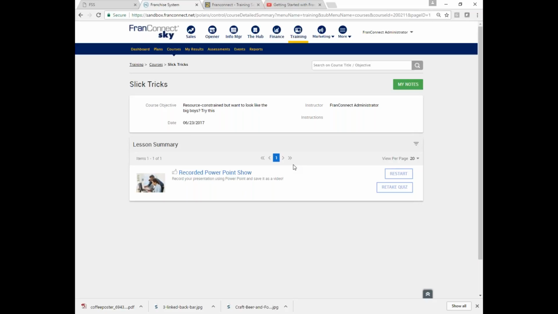So you can have as many as you like. We recommend that you keep it as short as possible and have more lessons rather than give them a lot of information and then give them a giant exam at the end. We'd rather you quiz them along the way and they retain it a little better.